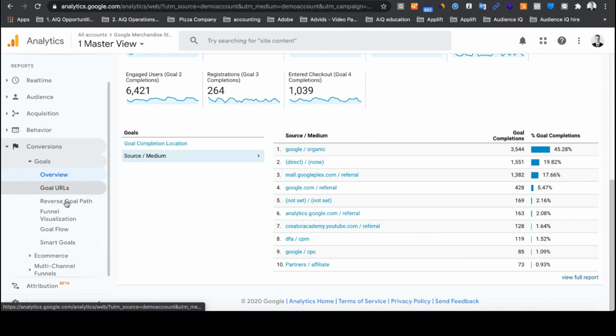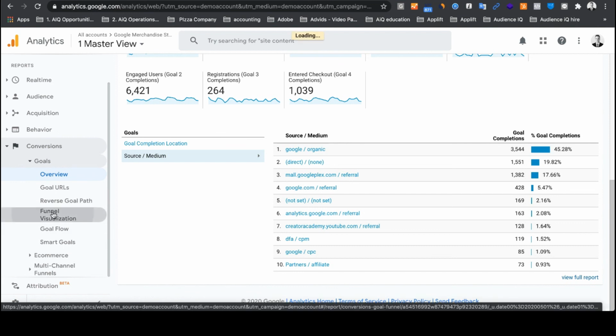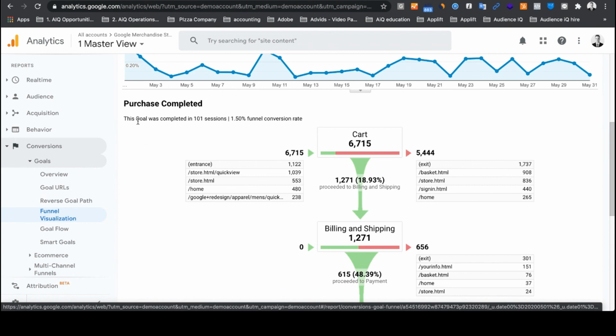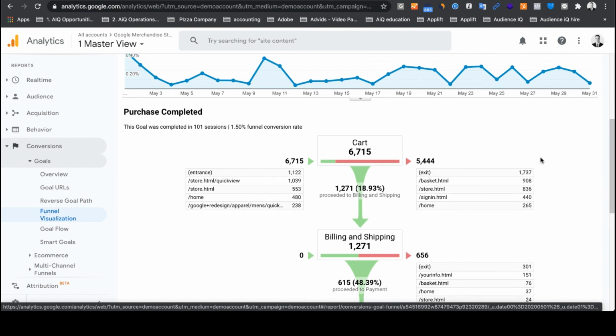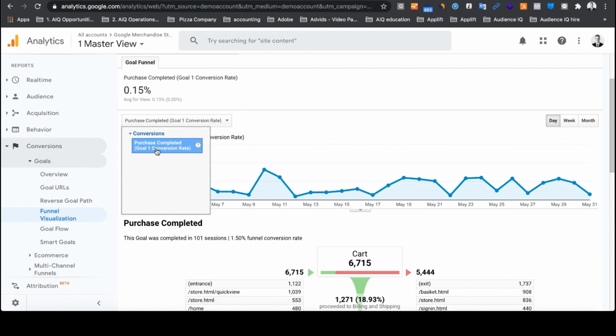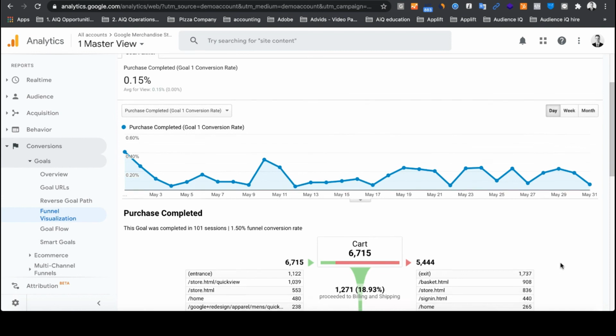The second thing here is then this thing called funnel visualization. This is a really nice tool here. So again, this was one of their goals. The goal was completed 101 sessions. This is purchase completed goal, right? So you can select various different types of goals right up here. Okay, but this one is purchase completed. So you can see here